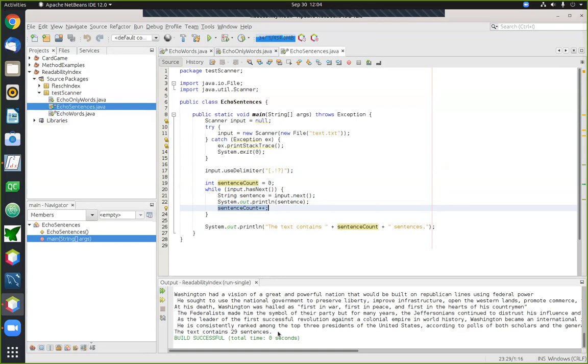Okay, so by tinkering a little bit with the scanner, we have now solved the problem of getting individual words, and by using a slight variant on that trick, we've also solved the problem of getting individual sentences. All right, so those are the two key things that we'll need to count in this text. Okay, now the only thing that's left to do is syllables, because again, the last thing we need to count to compute this index is syllables in the text.